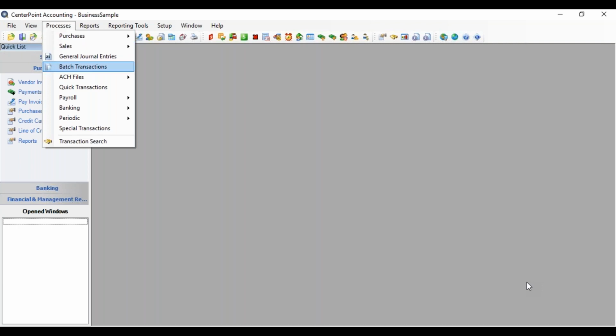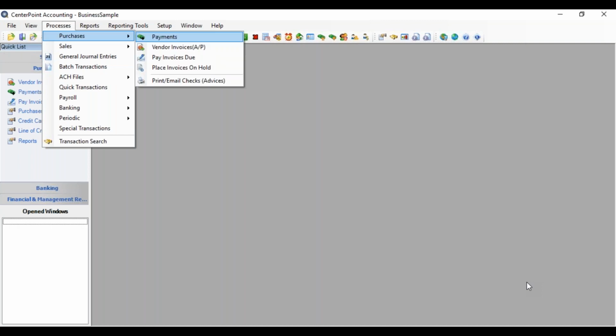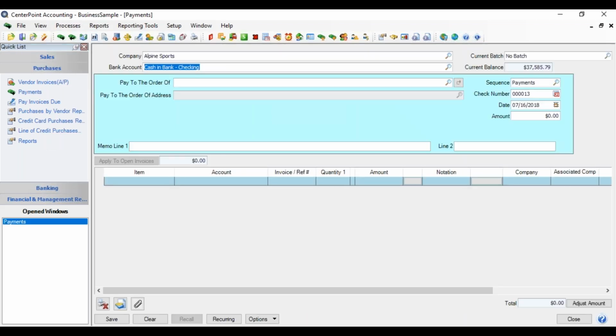Here I can use my up and down arrows to select a different menu if I want. When I select the one I want, I'm going to hit my Enter key. That brings up the next menu selection for purchases, and hitting Enter will go to my payment screen. In my payment screen,